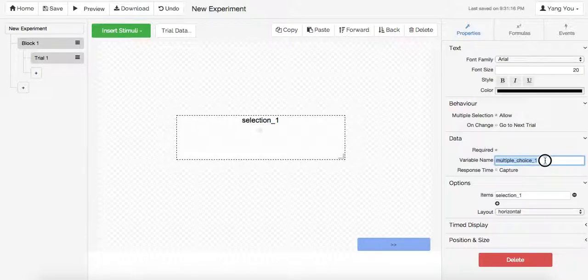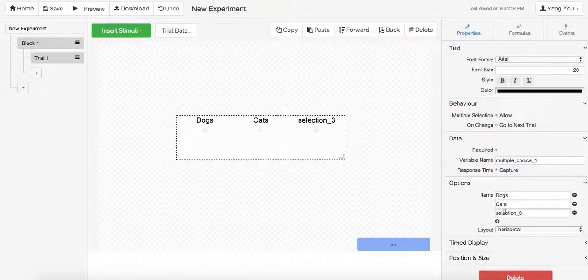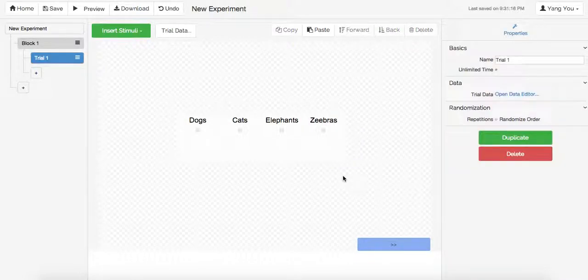So the variable is going to be called multiple trial number 1, and we are going to capture response time to the milliseconds. So let's just use that example of animals. So let's just go straight into the animals. So there's dogs, let's do plural. There's cats. I think I said elephants. Let's just say zebras as the last one. Zebras. Okay, so right now we have all 4 of these